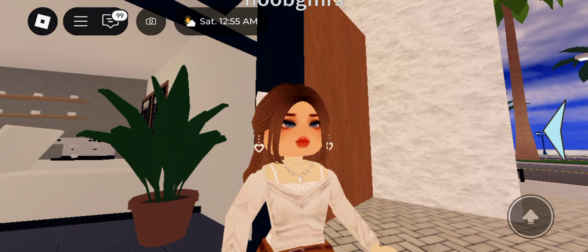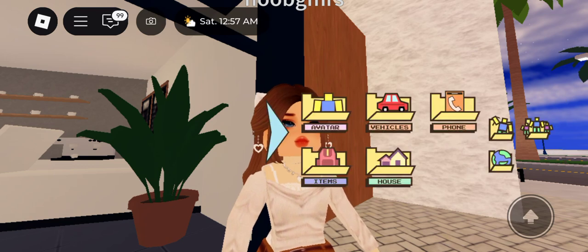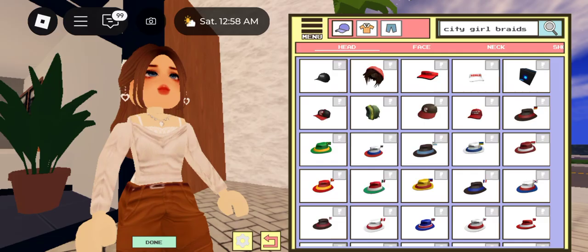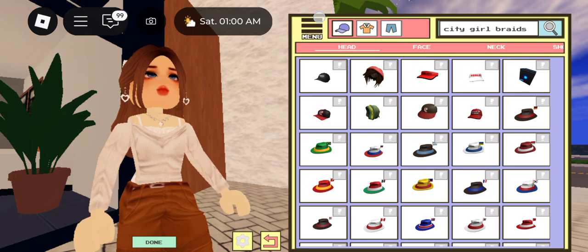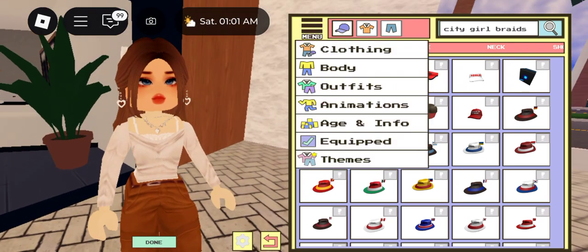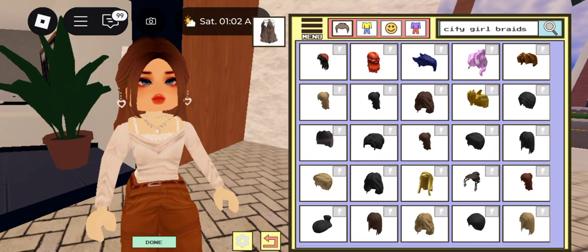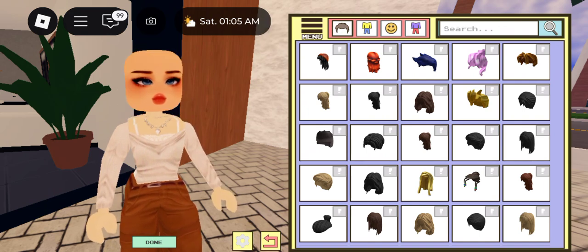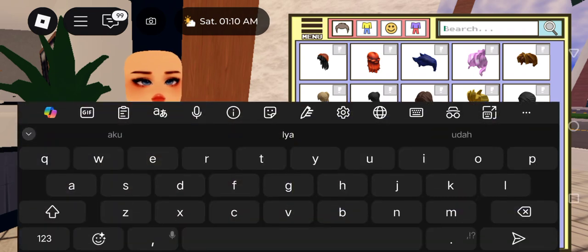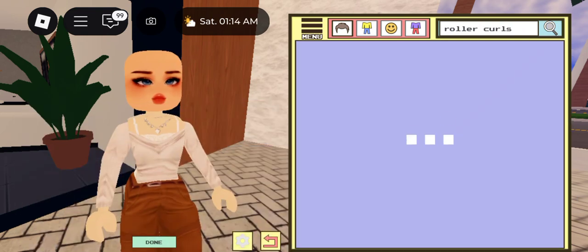So what you need to do is just go to the avatar customizations menu and then tap on the menu here, click on the three lines and tap on body, click on the hair, and let's remove the current hair that you are currently using. Click on the search column at the top and use roller curls as the keyword. Click on search,